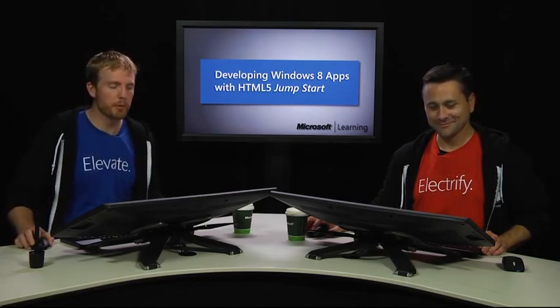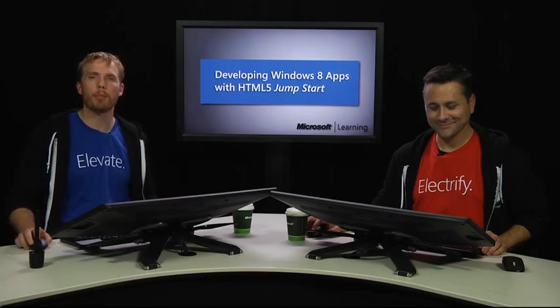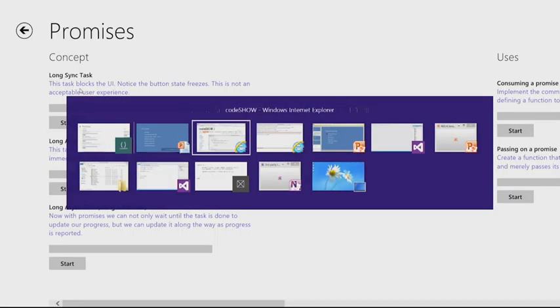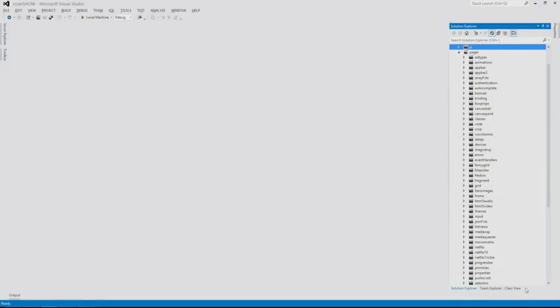Okay, so first the concept. I want you guys to understand again what problem we're solving here. The first problem is this. I have emulated a long sync task by just doing a while loop. In the code, I'll actually show you what that looks like. We'll go to